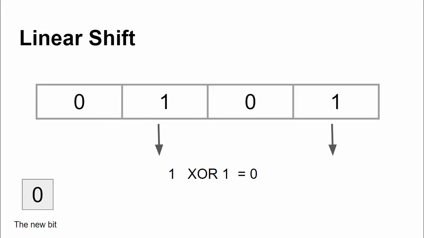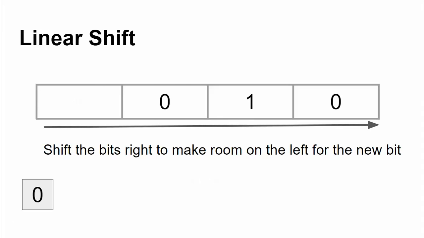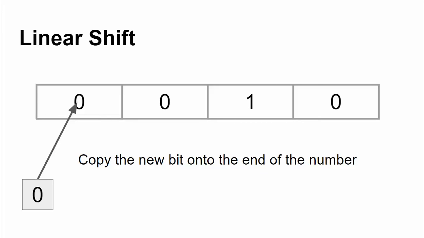And then I'm going to do my linear shift. I'm going to take everybody and say move to the right. So I shifted everybody to the right, and now I've got a vacancy on the left, and now I'm going to take the new bit I generated, and stick it there on the left. And now I've generated a new number, and that's it. I've taken one number and used a formula to turn it into another number. And this is mathematically proven to cycle through all the possible values with one caveat that I'll show you later.